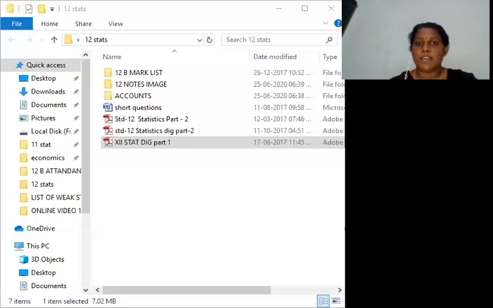In the second chapter we have done a sum like this. The sum of the squares of deviation taken from mean, that is, x minus x bar the whole square is 130 and y minus y bar the whole square is 145, and the sum of the product of the deviation taken from mean, that is, x minus x bar into y minus y bar, is 115. This much information is given. Now you have to simply find the regression line of y on x.